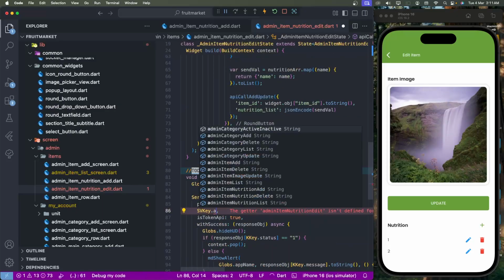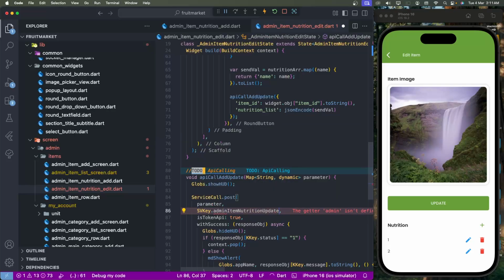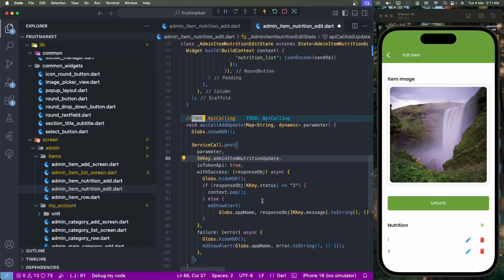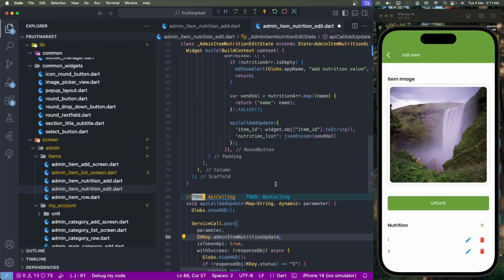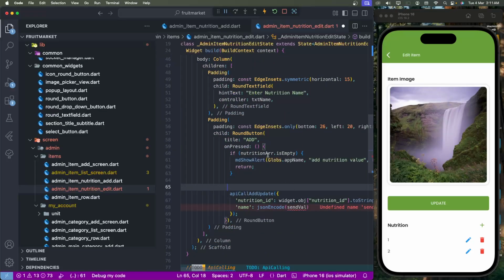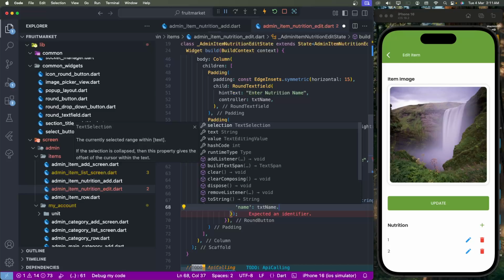Now write down admin nutritions update, set the API name, and implement it. Then set the parameters: the nutrition ID, and also the name, and remove the sending value. Clean up the list, not needed now. Set the text field to txt name dot text,